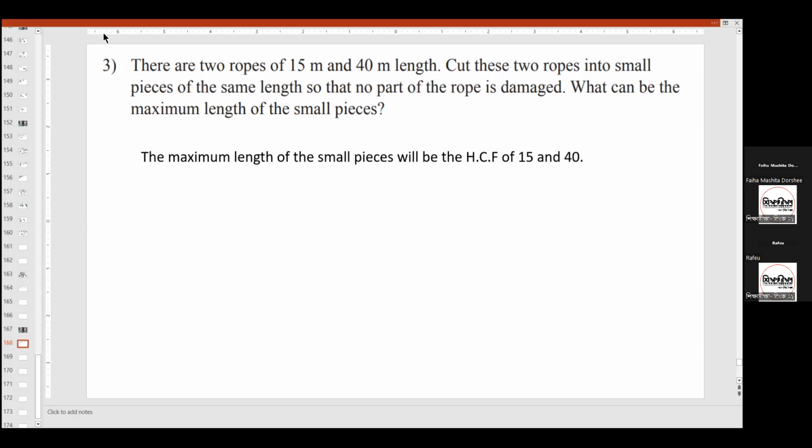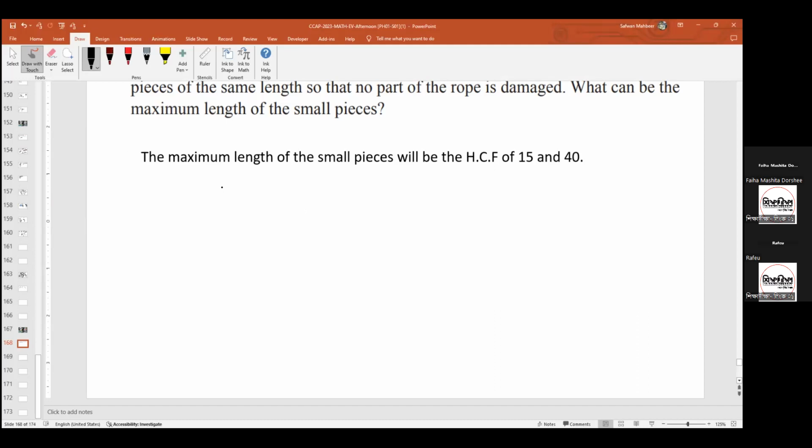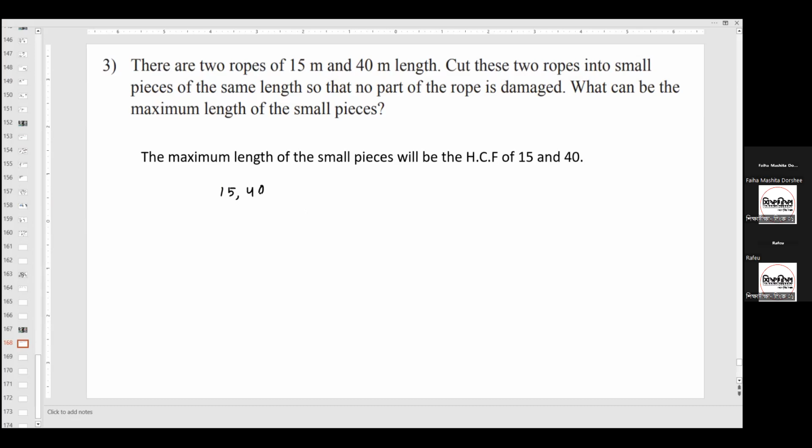So what can we do? We have 15 and 40, right? So what do we divide by? Dividing by 3 will not work, right? I mean we have to put prime numbers. So which prime number will work here? What if we put 5? Then we get 3 and 8. Now 3 is a prime number and we can divide 3 only by 3, but 8 is not divisible, right? So therefore the required H.C.F is